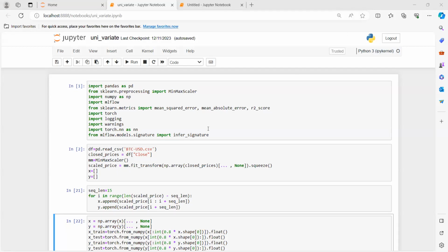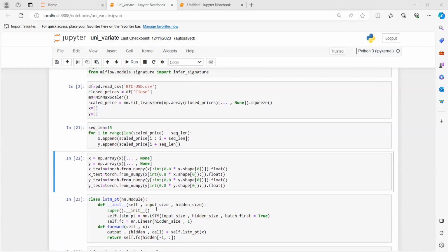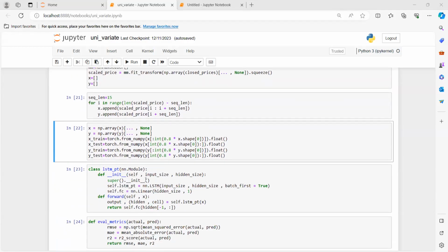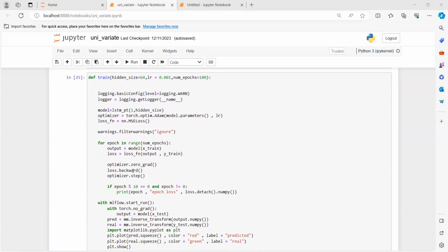Initially, we perform the univariate Bitcoin price forecasting. In univariate, the closing price depends only on the previous closing price, and in this we use the LSTM model and predicted the price. For the LSTM model, we constructed it using the PyTorch module, and we have defined a training function so